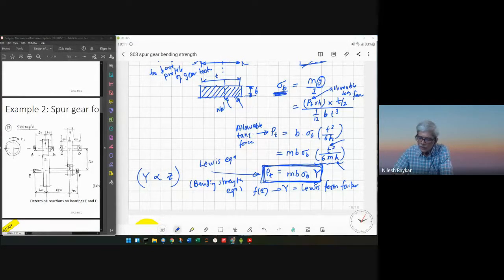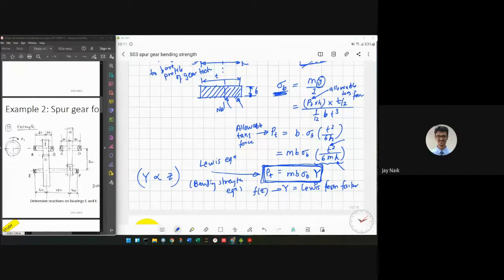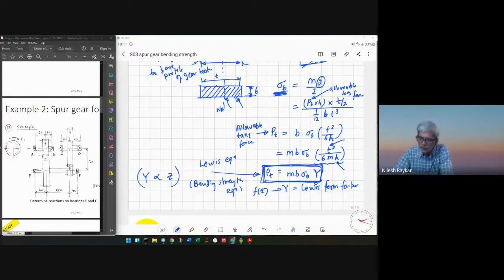So gear has a higher number of teeth. So the strength of gear will be more. Strength of gear will always be more, provided the module is the same between the two. The face width also has to be the same. The third part is sigma b. Unless your sigma b is different for pinion and gear, which can happen if the pinion is of one material and the gear is of another material, only in that case, what I just said will not be true.